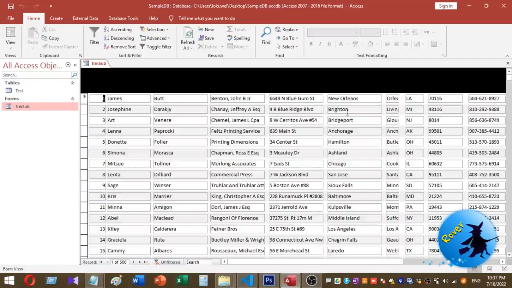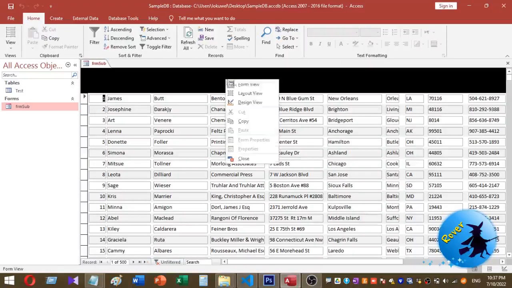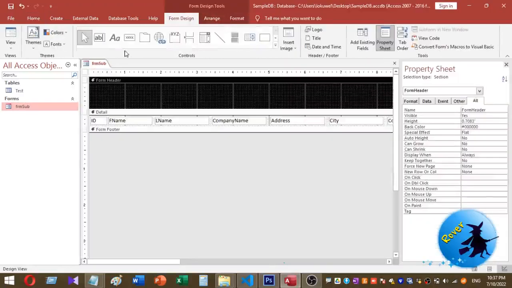So I am going to right click this form and go to design view. Here I want to add several labels, so under the form designing,